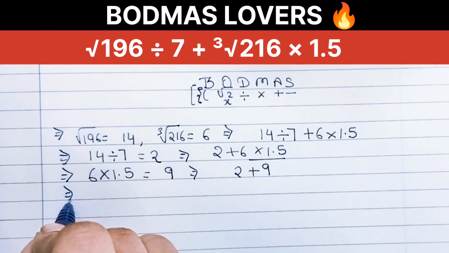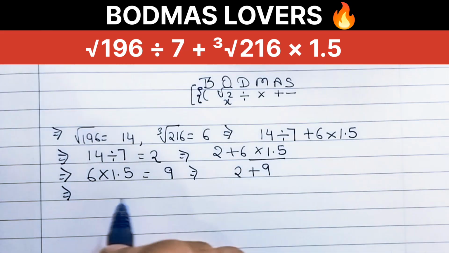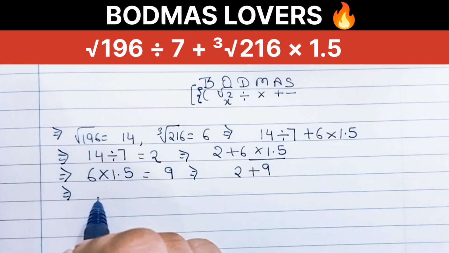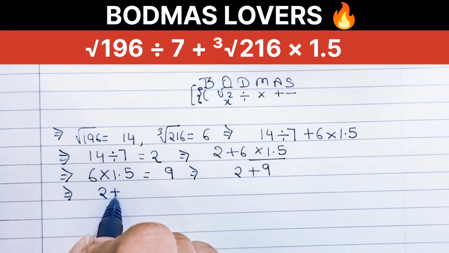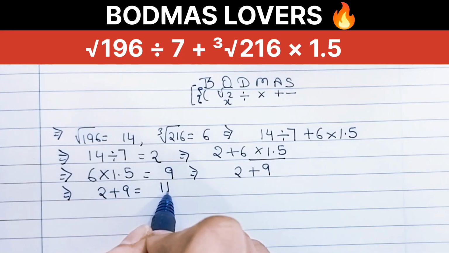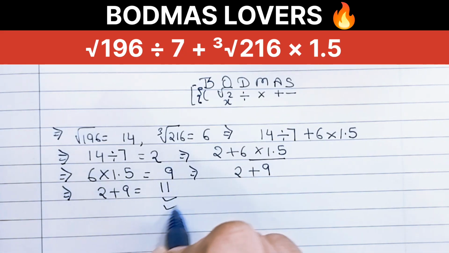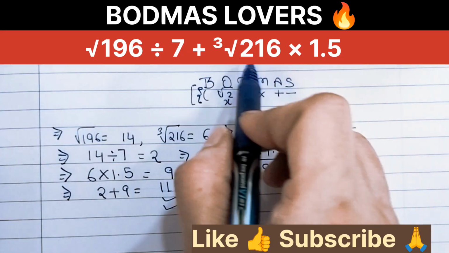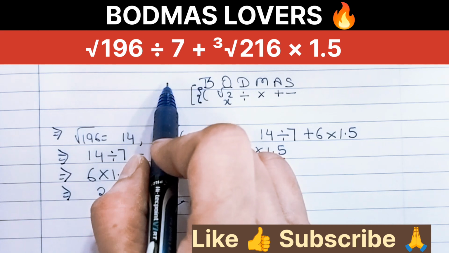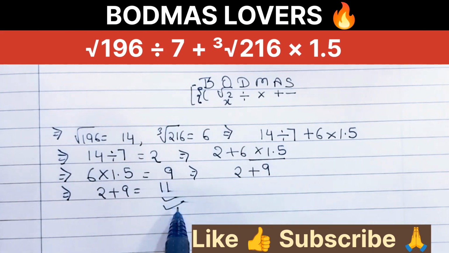Move to the next and last step, perform addition. So now add the final remaining operator left in the expression, which is 2 plus 9, and we'll get 11. So all operations are completed and the final evaluation result is 11. So according to this expression, by using the BODMAS sequence, the final simplified value of this expression is 11,